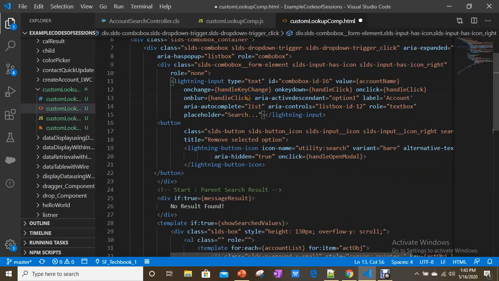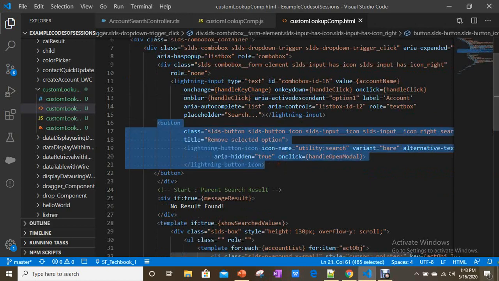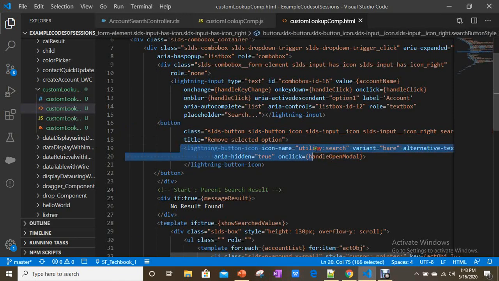And if you see, for the search icon I'm using lightning button icon, and the icon name is utility search. So it generates the search icon. But to make it clickable, you just need to add this icon in between the button tag.